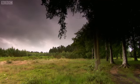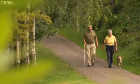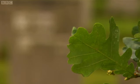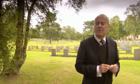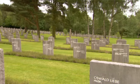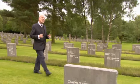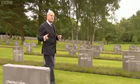Cannock Chase in Staffordshire, a beautiful forest enjoyed by walkers and cyclists, but few know about the wartime secret that it holds. Beyond these trees is a graveyard to nearly 5,000 soldiers, the final resting place of the fallen from the First and Second World Wars. But a closer look at the headstones here in the heart of Staffordshire reveals that these soldiers are a long